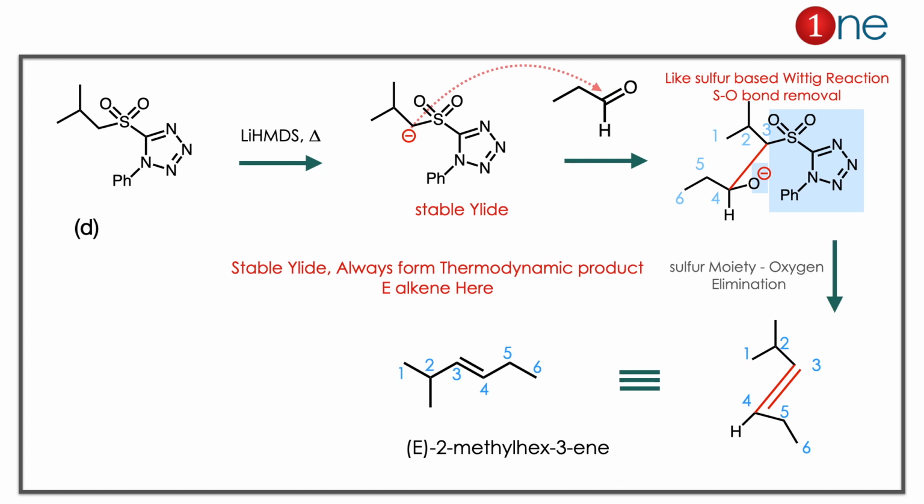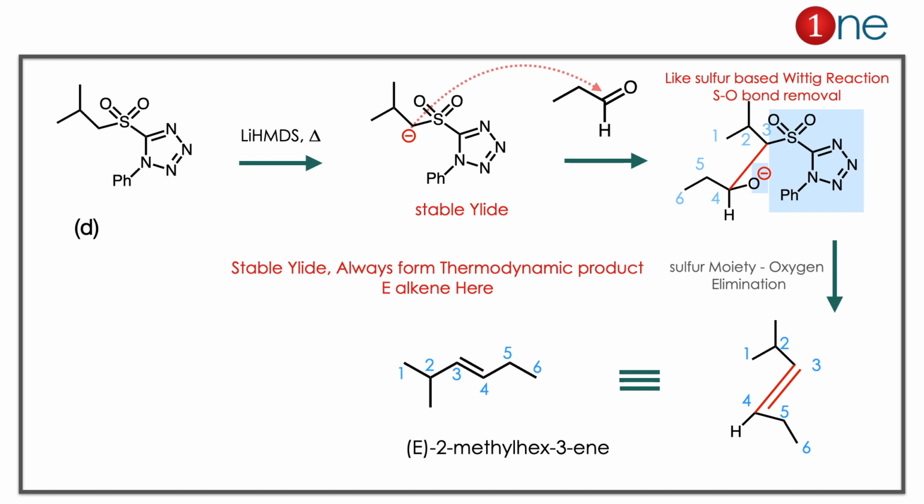The starting material D has a side chain which has active hydrogen. So if you use lithium HMDS, it removes the hydrogen, and you have the anion there. The anion is a kind of ylide, stabilized by sulfur. That ylide attacks the carbonyl, and you have the new carbon-carbon bond formation. The situation is exactly like the Wittig reaction. This ylide is a stable ylide because of its sulfur there. So with the stable ylide, what really happens is you have the thermodynamic product, which is normally E there. So like removing phosphine oxide, here you have to remove the sulfur and oxygen moiety. So you have the 2 removals, and you have the final product which is the E form. So if you read nicely, you have the E, which is 2-methylhex-3-ene.